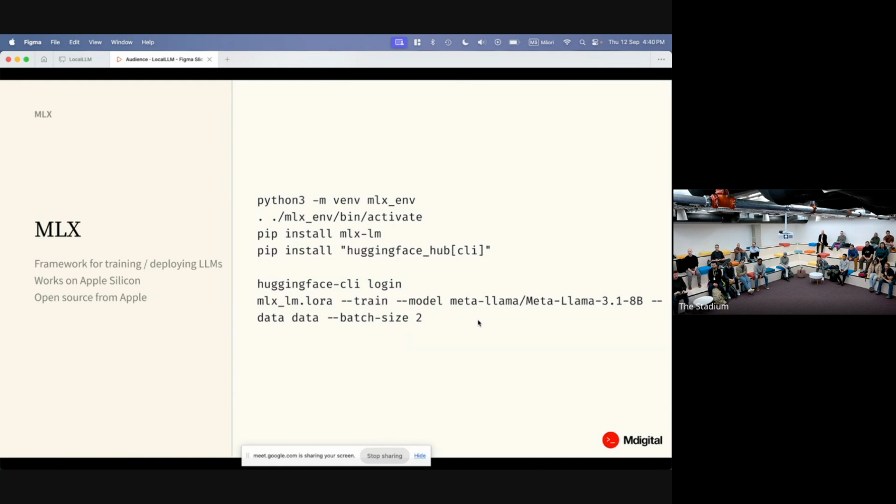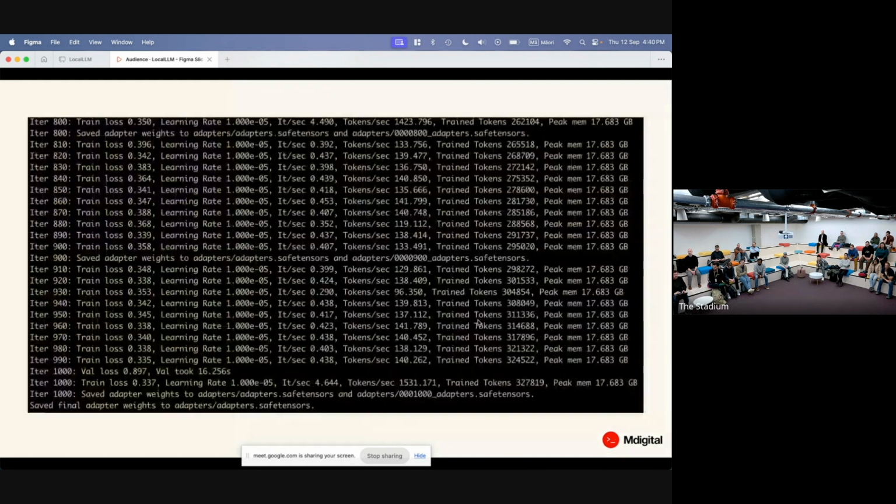It then goes off, and this is where your laptop starts to get hot. I've got 32 gig of RAM, so it's fine-tuning the 8 billion parameter version of Llama 3.1, which is surprisingly capable. I'm blown away by how good those 8 billion parameter models are. I can't remember how long that took. It was 15 minutes or something. And then you can see the loss going down, which is pretty cool. It starts quite high and then goes down. And then at the end, it generates